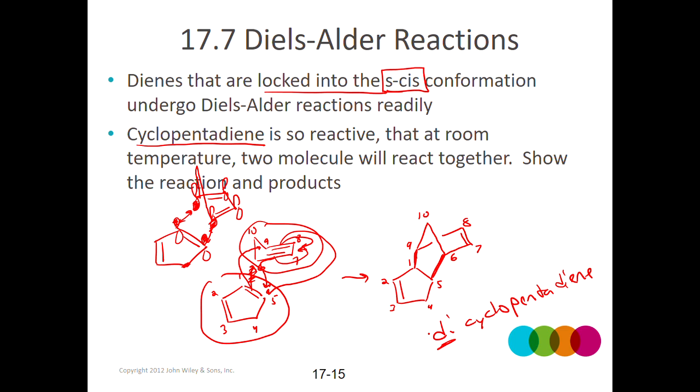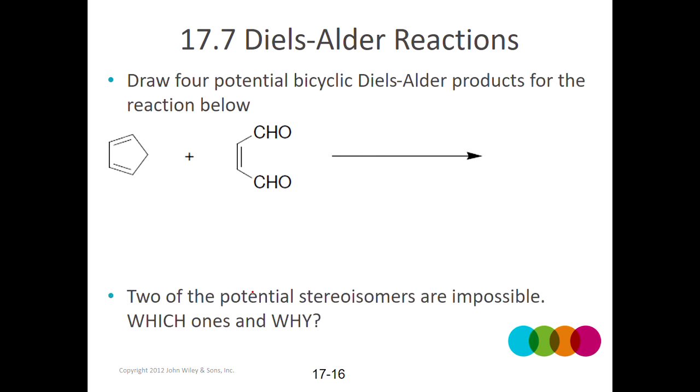So when the molecule is restricted to the S-cis conformation, which this is because of the 5-membered ring, it's very difficult to prevent it from reacting. It usually just reacts because of the sigma bonds being more stable than the initial pi bonds. And so we can do a similar reaction here. We've got the same thing. We've got a diene. Here we've got a nice dienophile